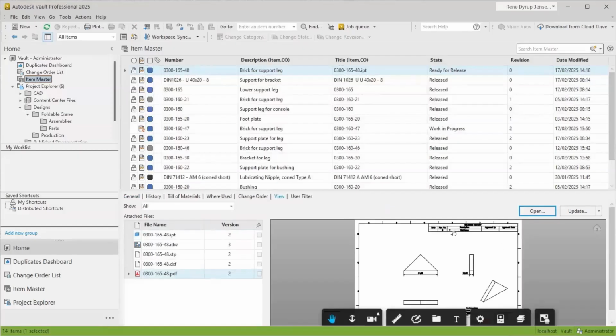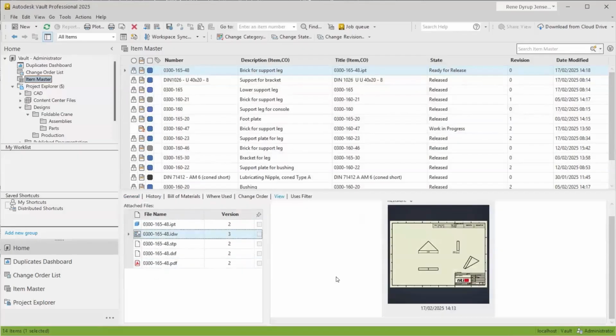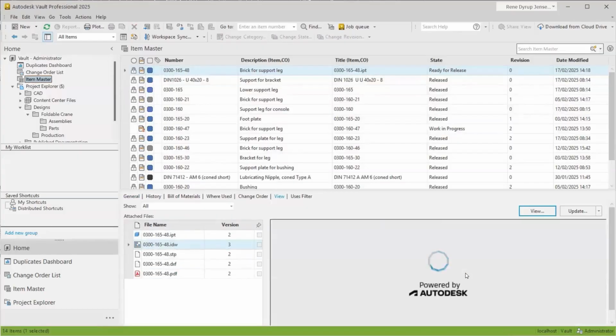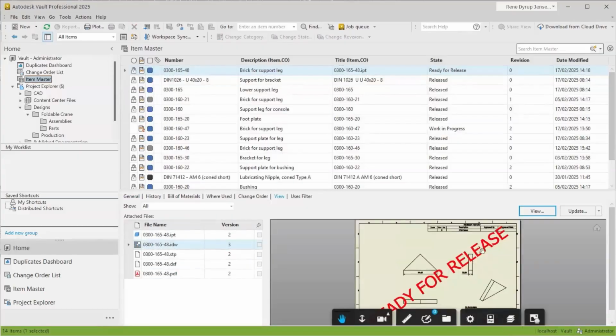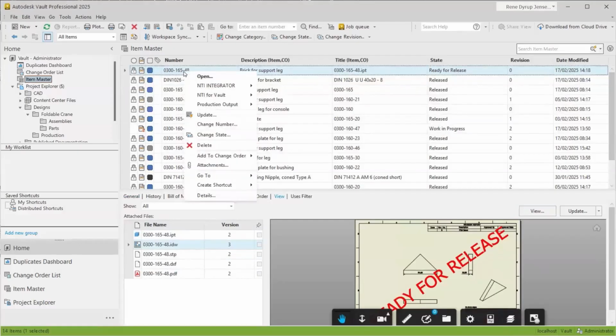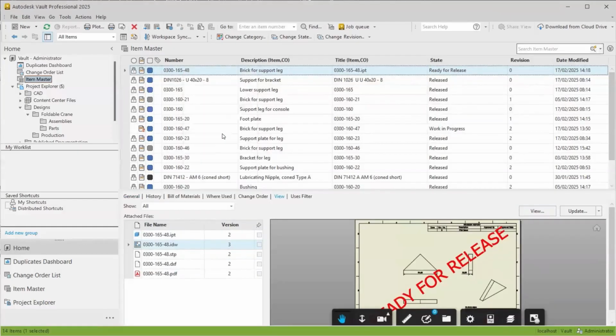In this case, I also watermark the native Inventor drawing, and it could also be the PDF file. So this is how it could look in Vault.